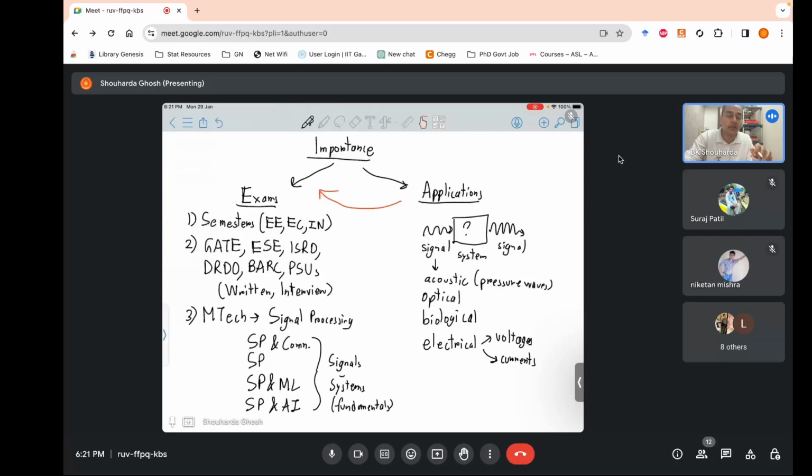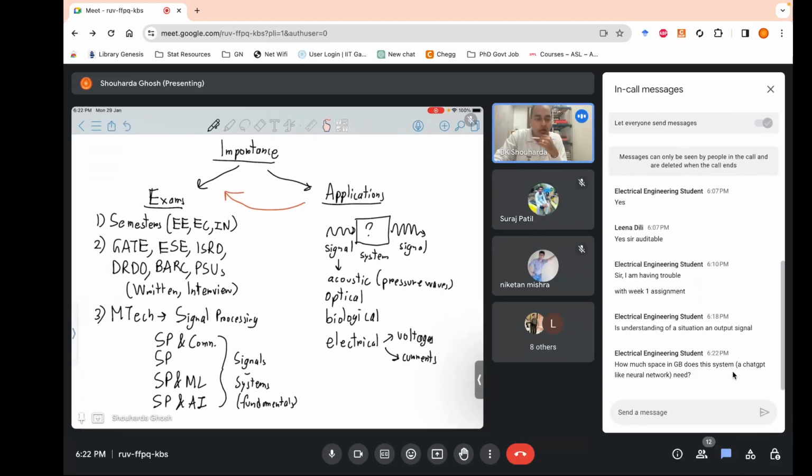So the prompt that you give, that please write a letter for absenteeism for next 2 days dedicated to the HOD of your department. So that's the signal. The system is the entire very big pre-trained neural network, which we call ChatGPT. And then the signal, the output that comes is your well defined leave letter.